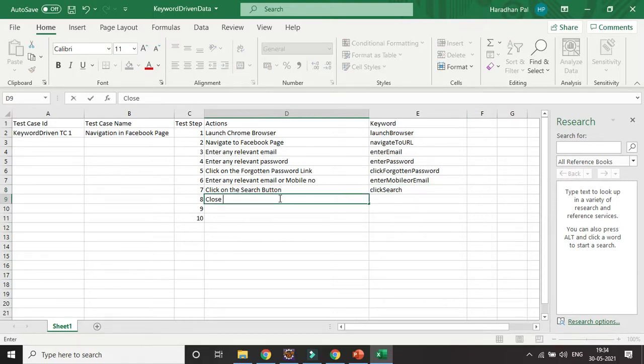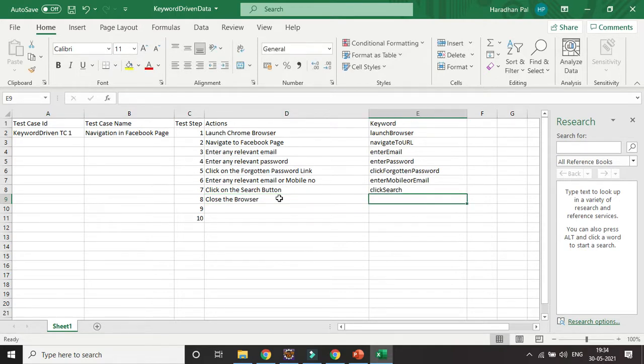Close the browser. Here I can mention close browser. Okay, so that is the thing I will be writing here for one test case.